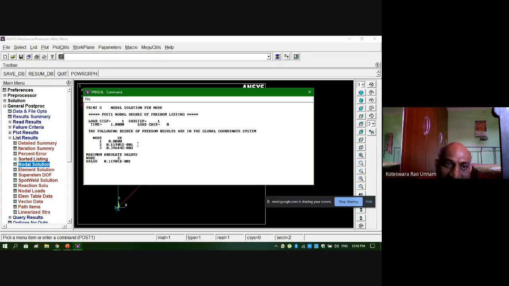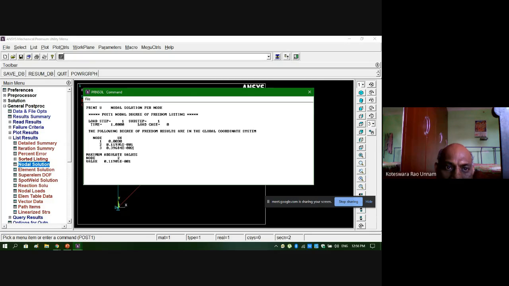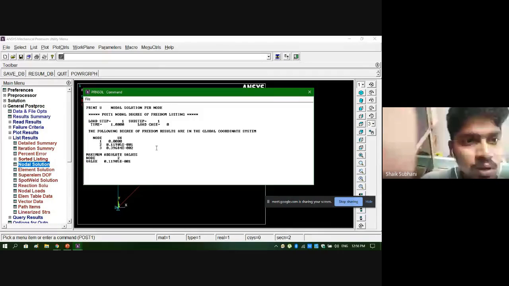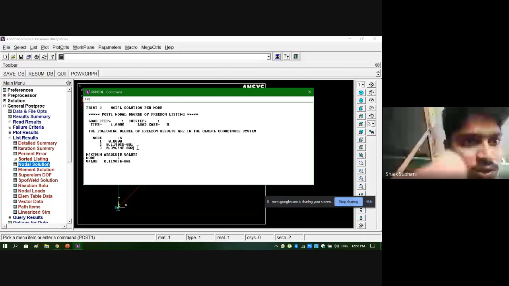What values are you seeing here? What is the value for ux you are seeing here? 0 at what node? At the second node, 11905 e minus 001.